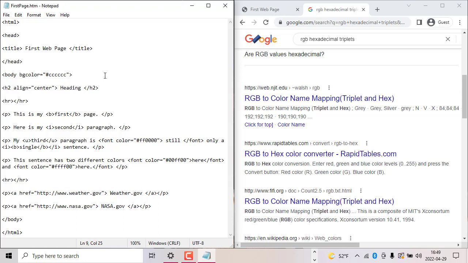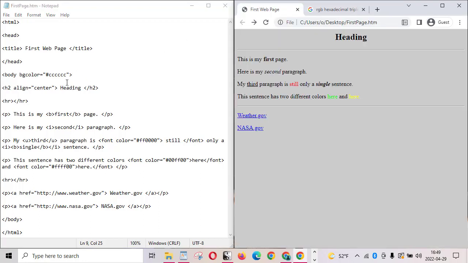Okay, and you might be wondering, well, what if you put in G or H? Well, go ahead and try it. There's no harm in doing that. Okay, so we've changed the body color. We can also change the text color. So instead of having a heading of text color that's the black, we can just type text is equal to, and let's make the text white. So number sign, what would white be? White would be all Fs, double F, double F, double F, quotation mark, and save it and refresh it,